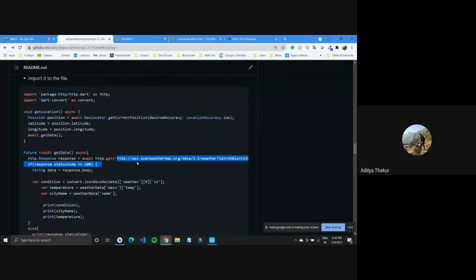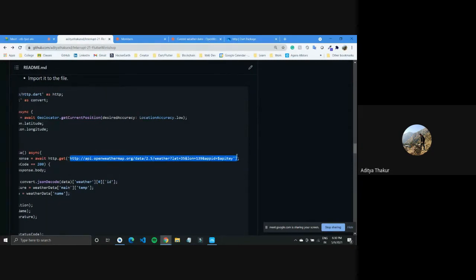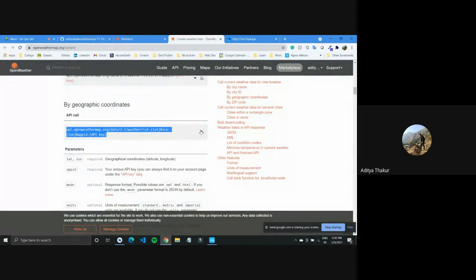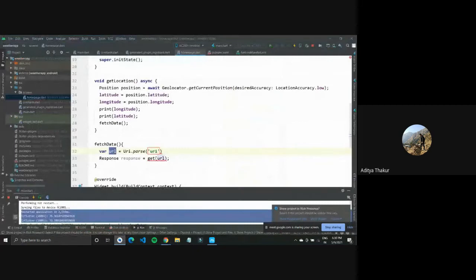We'll first type in HTTP and then specify a latitude and longitude and then give it an API key. So let's just copy it from here, go back to our code, paste it here, and instead of using it like this, I'll get rid of this and use a dollar sign. So for string interpolation in Dart, we use the dollar sign.